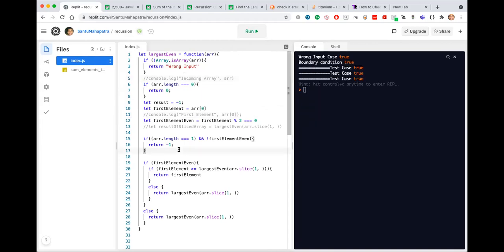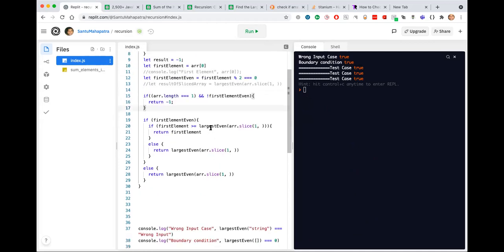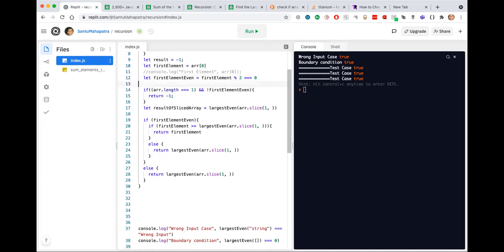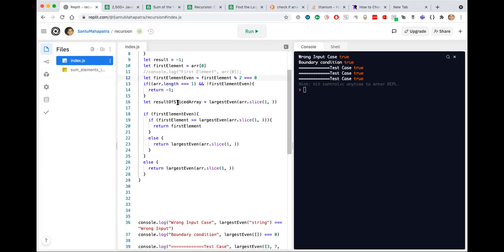I'm still not completely happy with this code because I'm calling this largest even array.slice multiple times. So instead, what I will do is I will try to call it only once and then refactor this code to as short as possible. So now I have result of sliced array here.